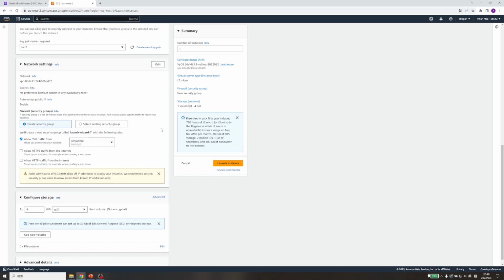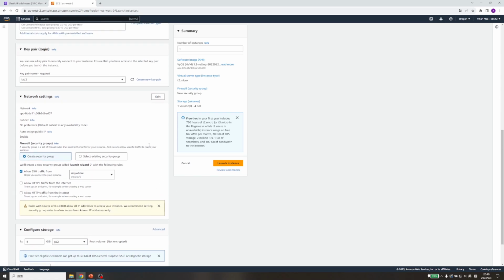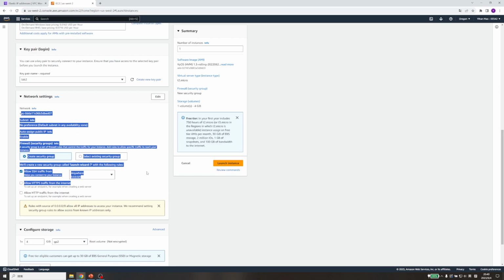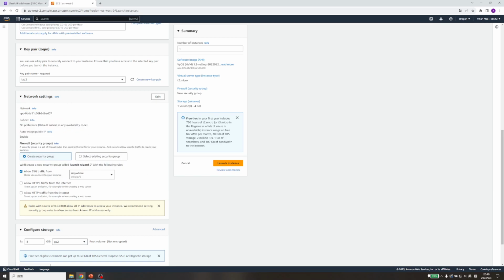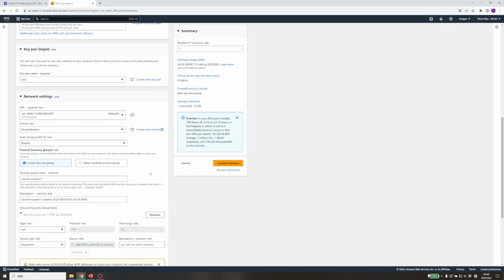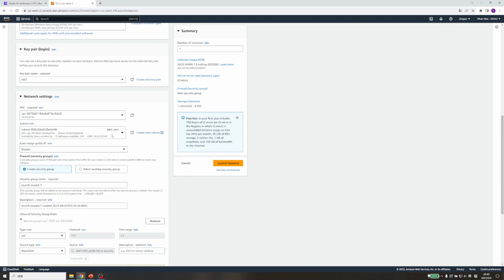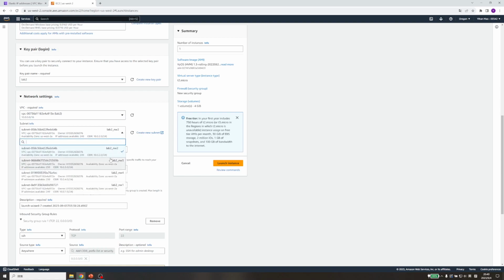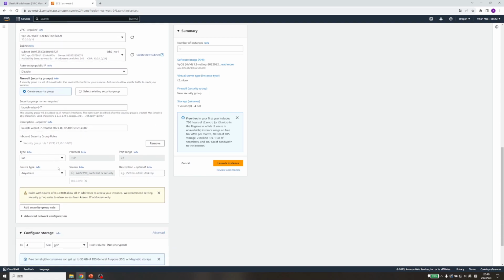Yeah, and this one here is much more important. We need to set up our network settings. So for example, we need to edit the network settings. For example, the VYOS virtual machine, we put it in lab 2 subnet 1, and